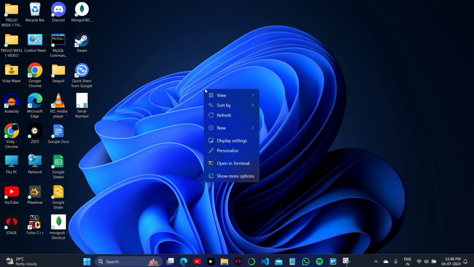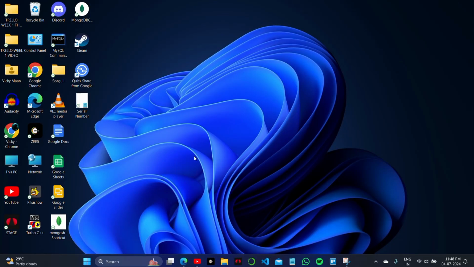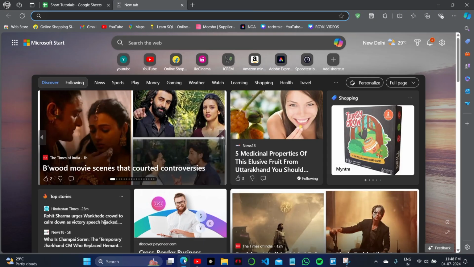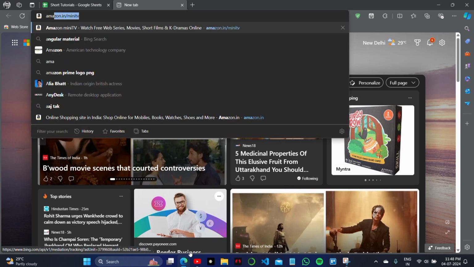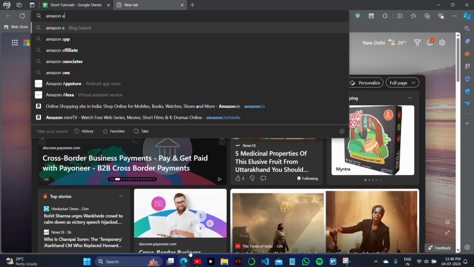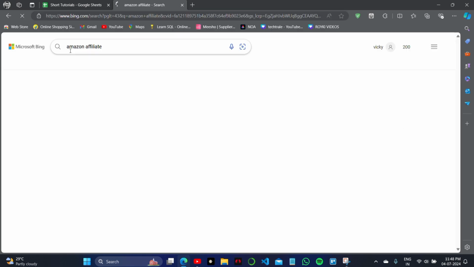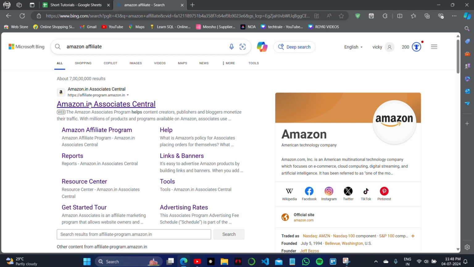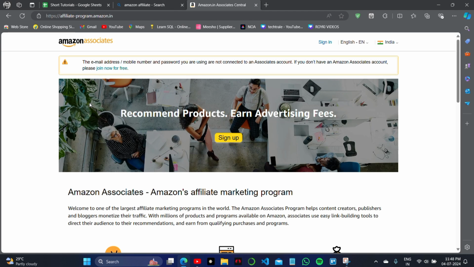How to sign up for the Amazon affiliate program just with your PC or laptop. Open your browser to do this and search for Amazon affiliate account. Whenever you search for Amazon affiliate, the official Amazon affiliate website will be in front of you. Click on this website, and on the home page there will be an option to sign up to